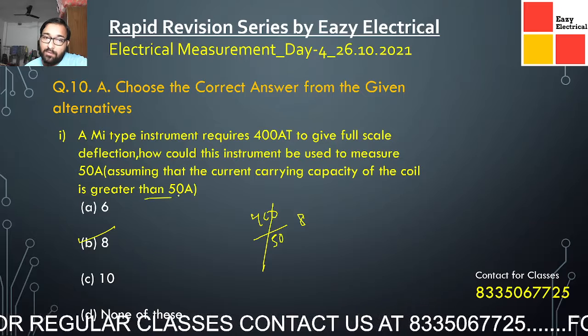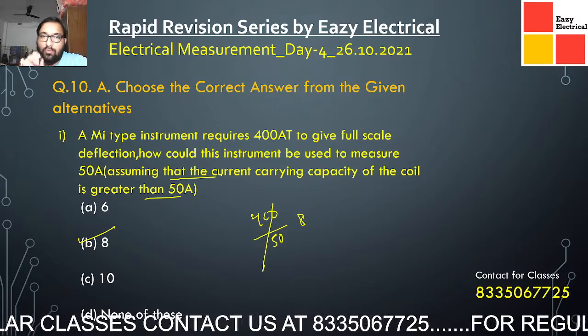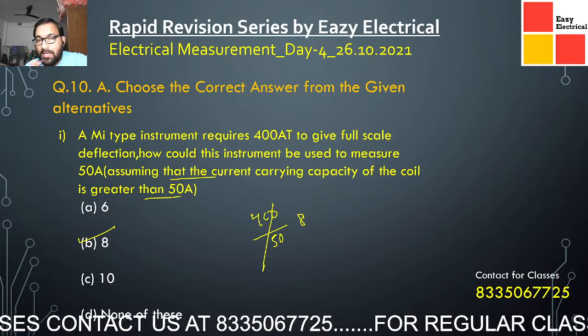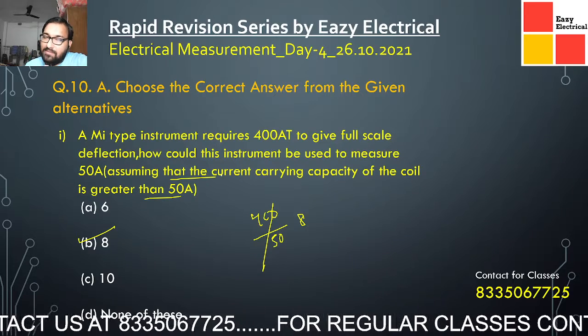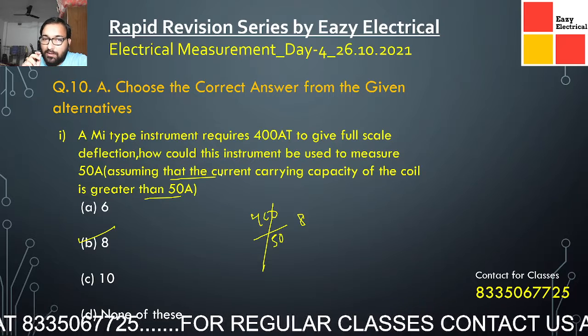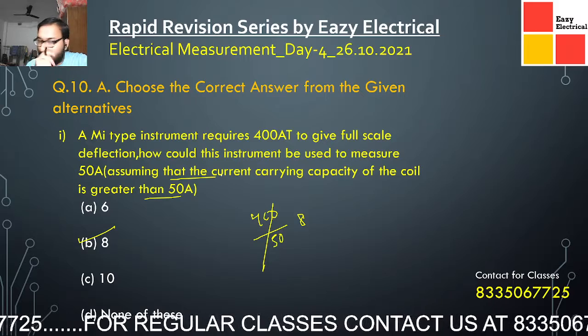If it is not given, in that case a problem will occur. And what problem will occur, that is your homework. Just write in the comment section what problem will occur if this value is not 50 amperes. I will give the answer if you reply regarding this question. This is a very good question. If you have some idea, just write in the comment section.